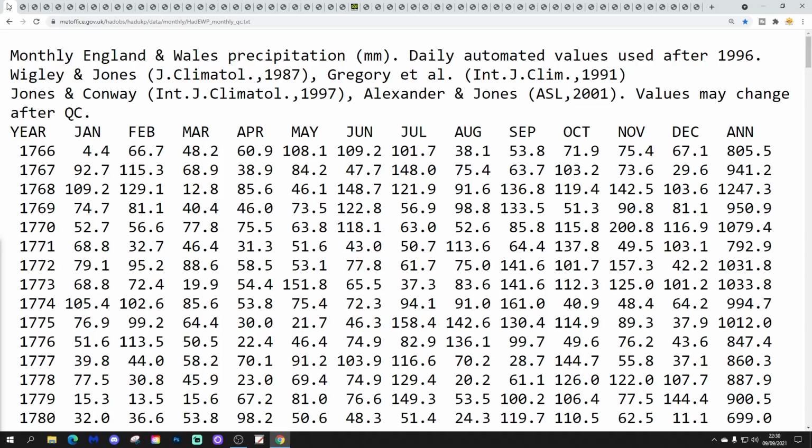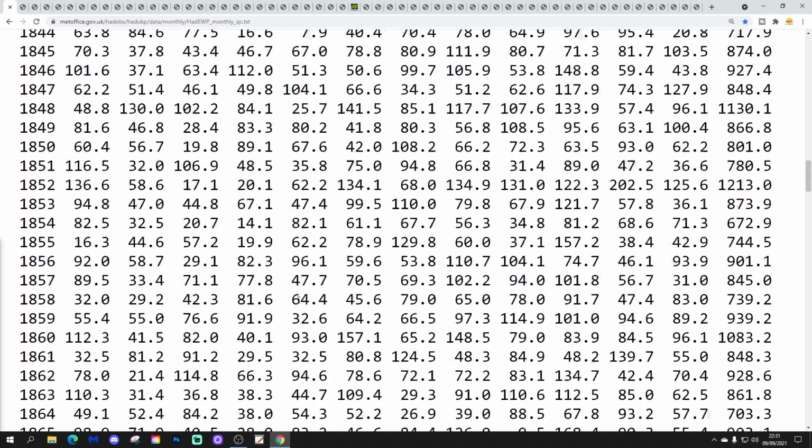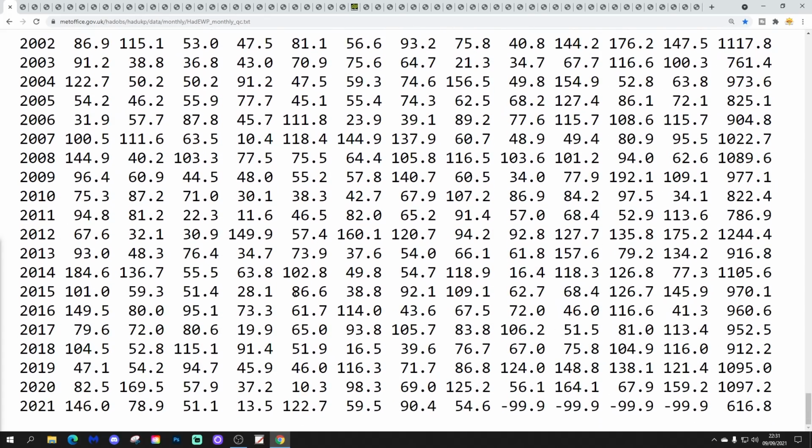Right, so this is the England and Wales precipitation page at the UK Met Office. Of course, England and Wales precipitation is one of the oldest indexes for precipitation, going all the way back to 1766. That particular year just there actually has a very dry January, just 4.4 millimeters. Wow, drought in that first month of the first year. Right, let's go down through the centuries and whatnot, and we come down to